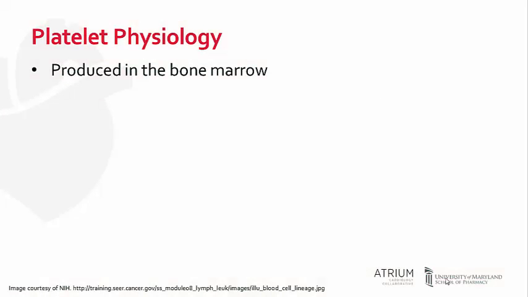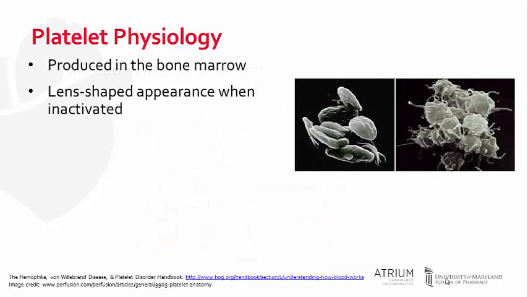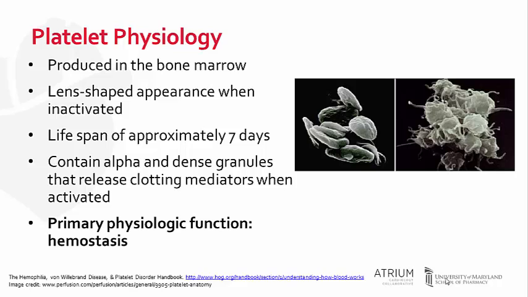To start things off, let's briefly go over platelet physiology. As you may recall, platelets are produced in the bone marrow and originate from megakaryocytes. Platelets are unique in that they're essentially specialized cell fragments that contain no nucleus. During their inactive state, they are lens-shaped as shown on the left side of this picture, and once activated undergo a conformational change, as depicted on the right side. Platelets have a lifespan of approximately 7 to 10 days and contain key organelles that are referred to as granules or bodies, which are responsible for releasing potent clotting mediators once activated, ultimately leading to the primary function platelets serve,